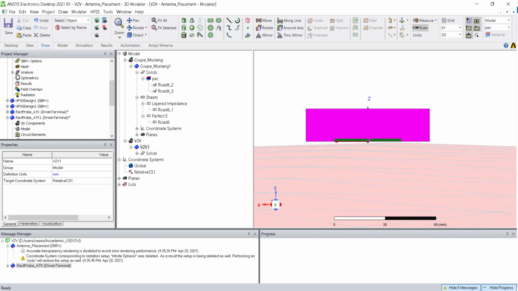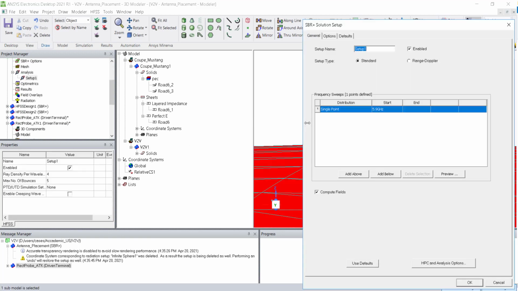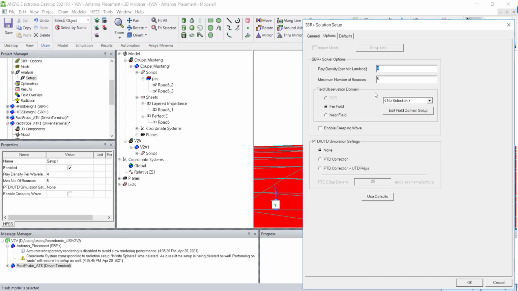And next, what you need to do is go here, setup one, and say I want to simulate either for a band of frequency or just a single frequency. I want to see the far field or near field, so I need to enable compute field. Go back here. These two actually control the accuracy of the simulation. By default the values are pretty good. Now, unlike other HFSS simulations, SBR+ requires you to enable either far field or near field settings before running the simulation.